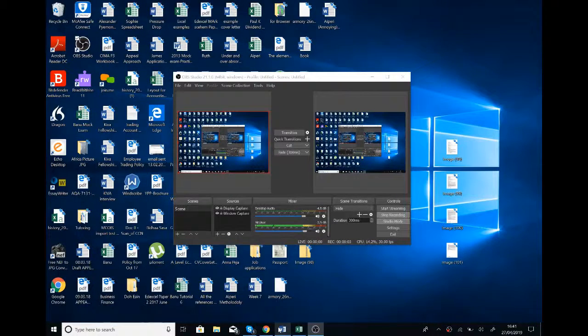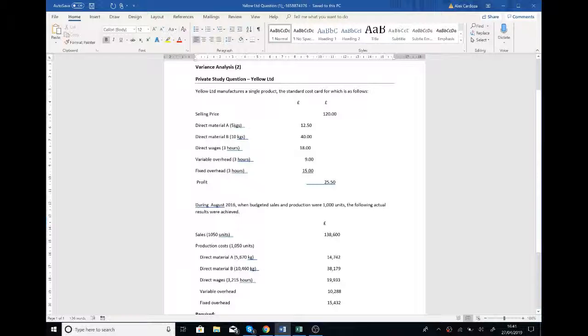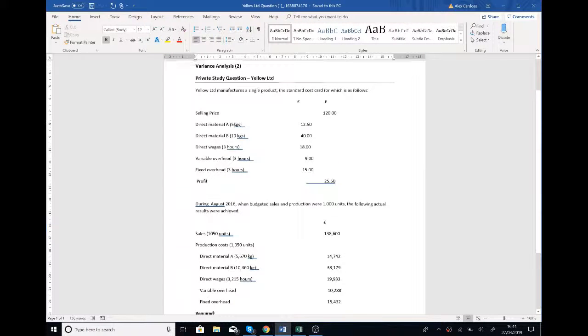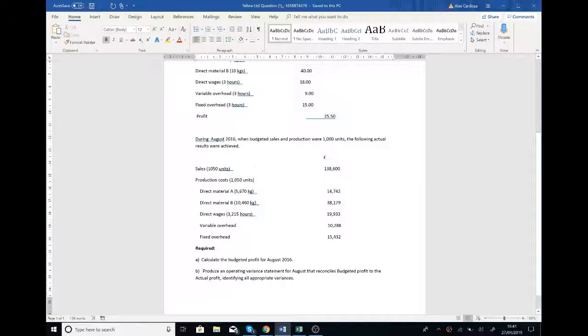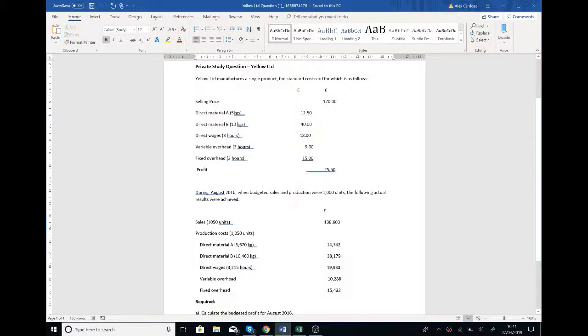So we'll deal with the first question first. It's quite nice and easy. It says here, calculate the budgeted profit for August 2016. Literally, if you read here, this standard cost card just tells you what the price is budgeted. A budgeted price per unit. So this is all per unit. This is how much per unit it costs you to make this one product. So your budgeted profit per unit is